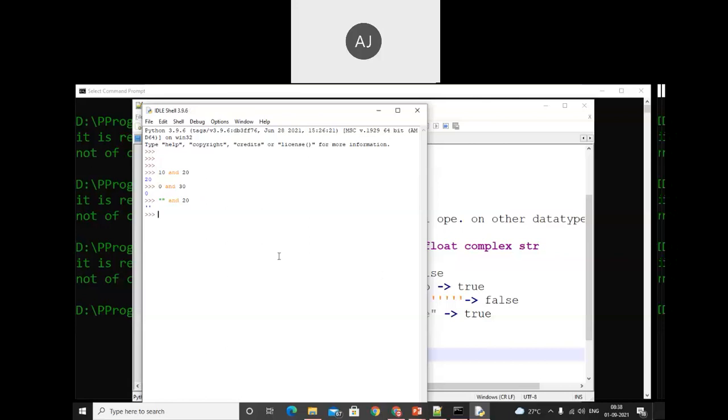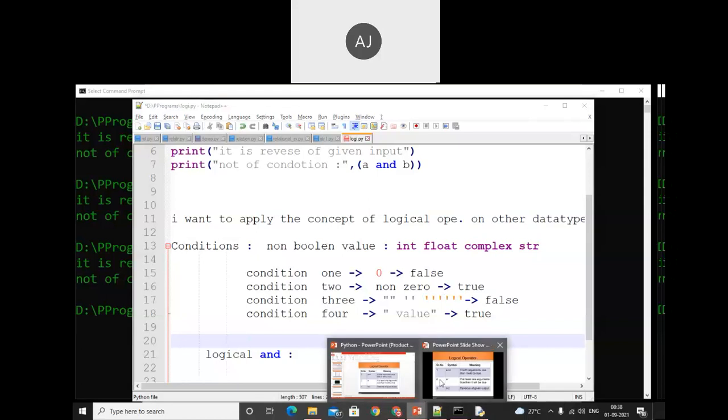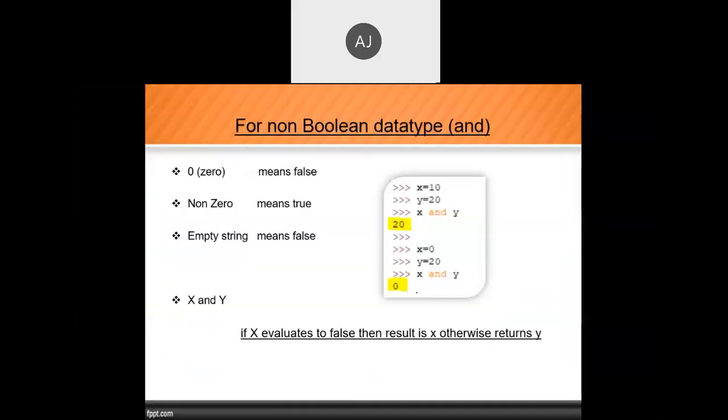Just understand this thing. 0 is nothing but false. An empty string is nothing but false. Non-zero means a true value. Now we'll check the conditions. For non-boolean values, 0 means false, non-zero means true, and an empty string means false. Now we check the condition x and y.